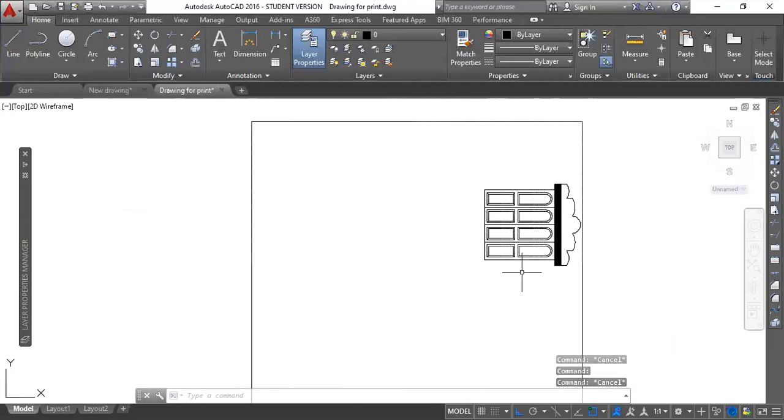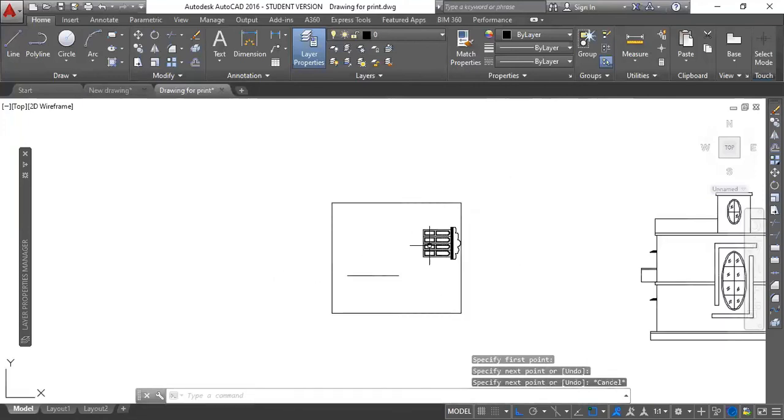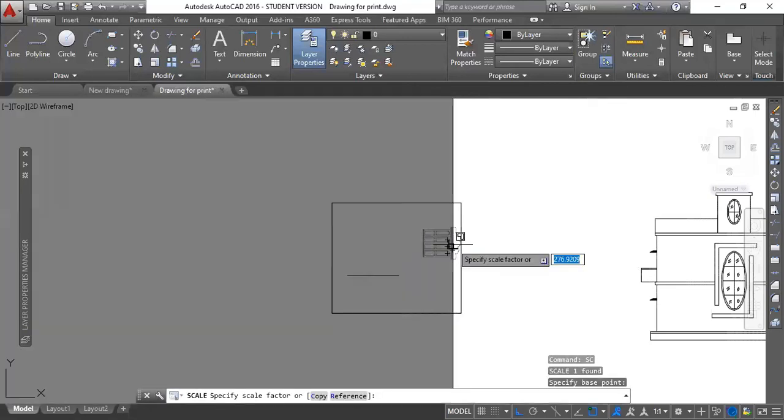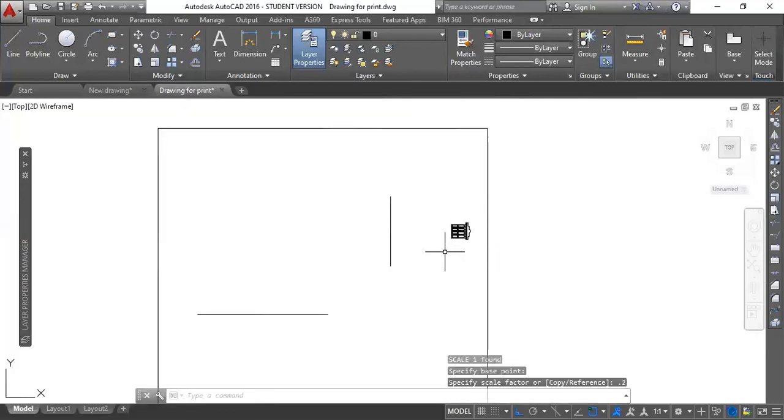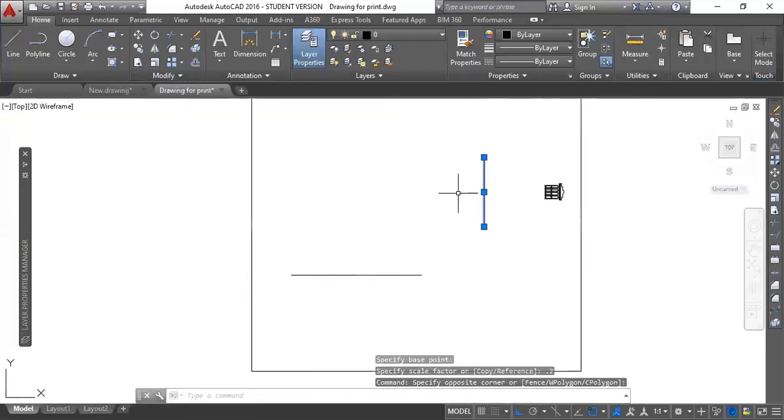In the same way, if you are copying a bed, you know that the length of a standard bed will be somewhere between 6.5 feet to 7 or 8 feet. So just simply draw a 7 feet line. Then take a template of your bed. Maybe your bed is this much, very small, and this is your actual 7 feet line.